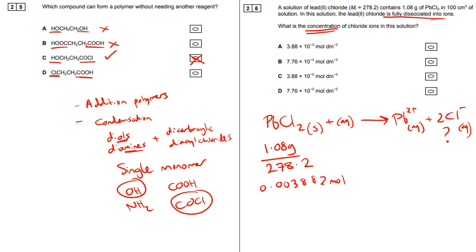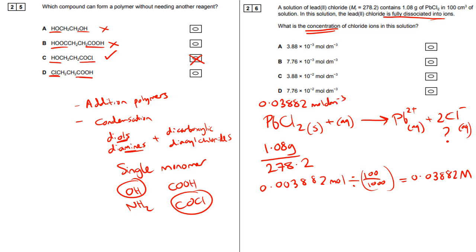So moles divided by volume, which is 100 centimeters cubed, or 100 over 1000 to give it in decimeters cubed, gives us the concentration of lead chloride in solution. So that's 0.03882 mole per decimeter cubed. So if I've got 0.03882 moles per decimeter cubed of lead chloride,